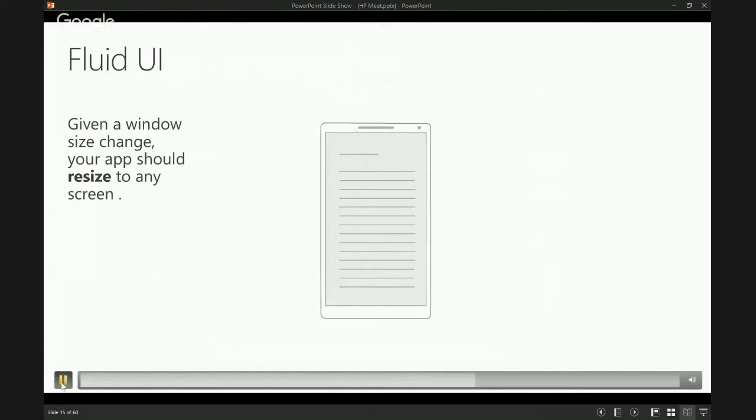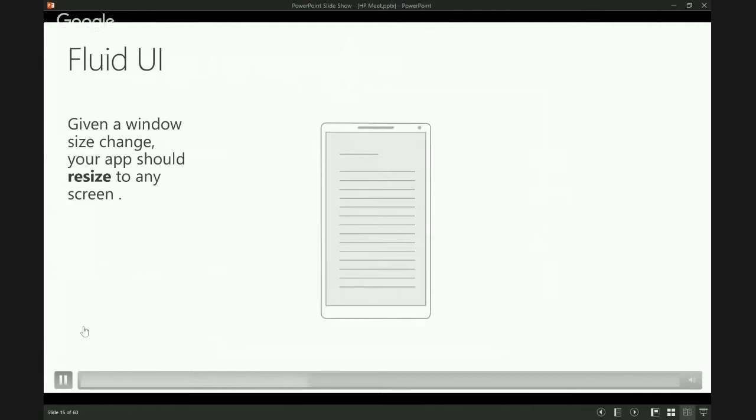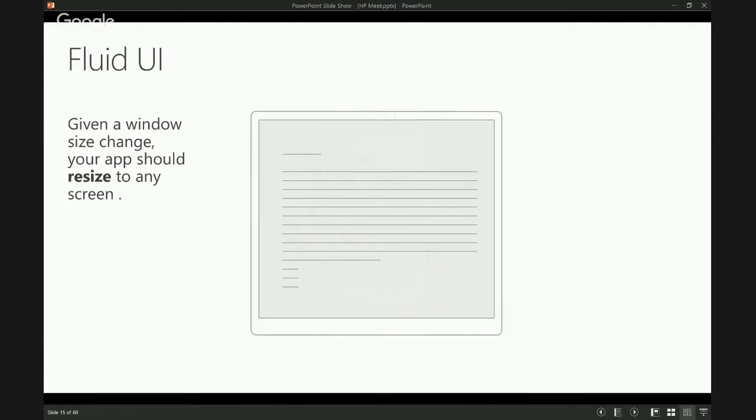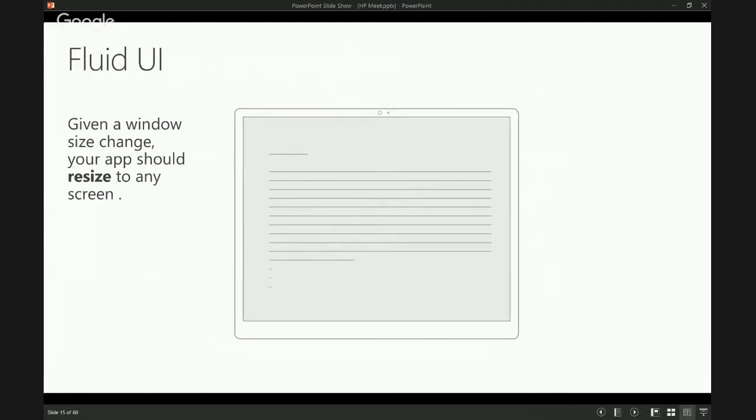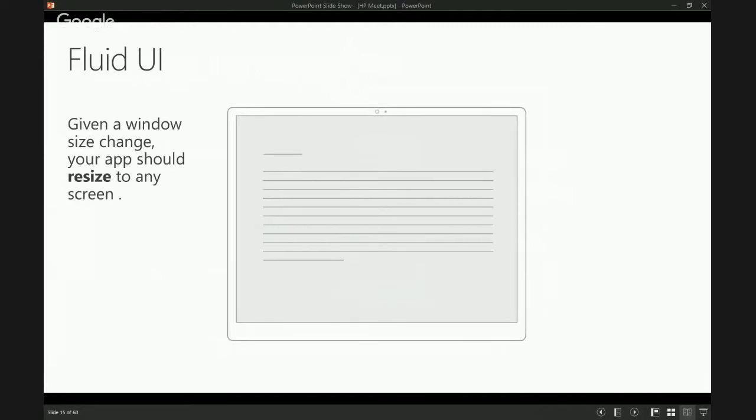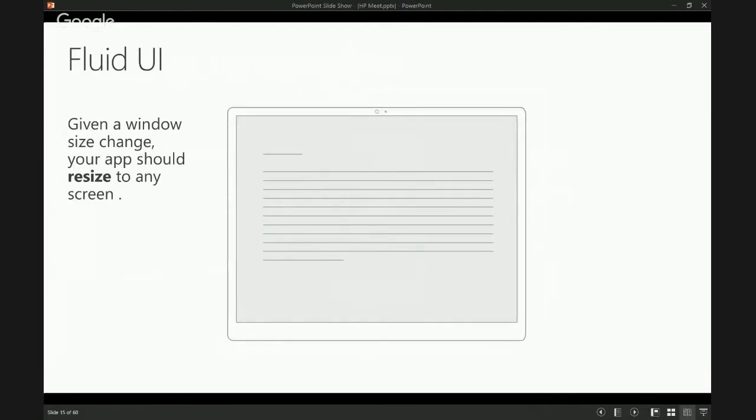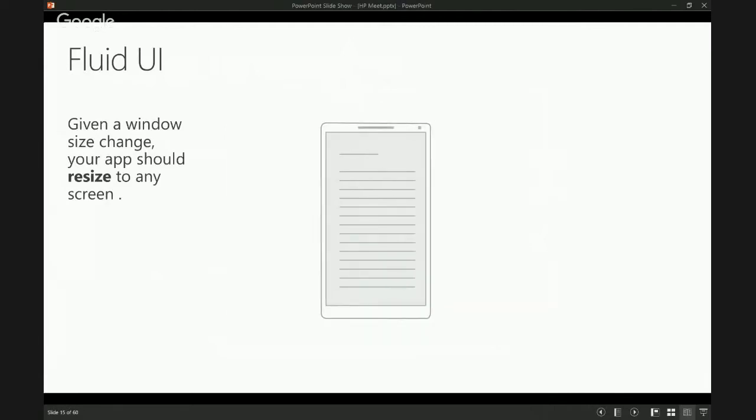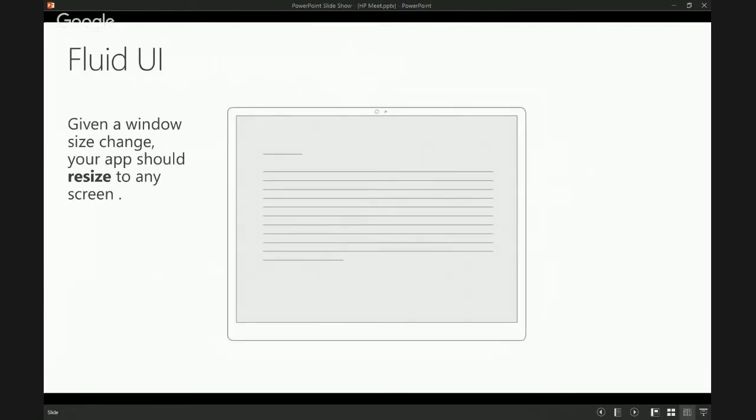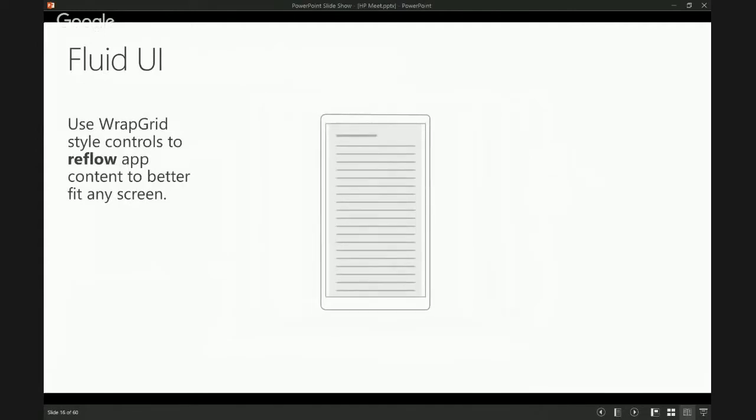So let me, I'm going to play this video again and again. So basically here you will see that when the window size is resized, the application automatically resizes what is being presented on the screen. So here you will see, this is a looping video which is showing you how when you expand the screen, the app adjusts to this layout, and when you narrow it down, the UI is really fluid, and you could use things like, for example, wrap grid style controls to essentially